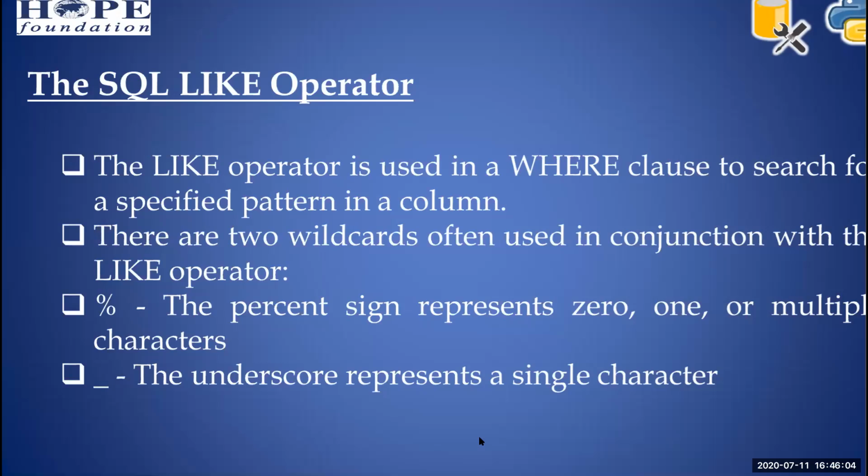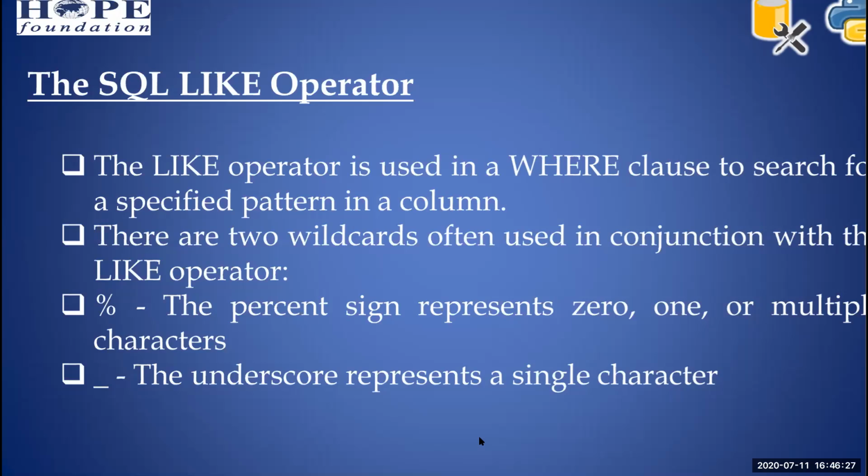Let's see what a LIKE operator is. The LIKE operator is used in a WHERE condition. In previous sessions we saw that we can pass only the exact value. If I want to print the EEE department, I can give the entire name in the column.